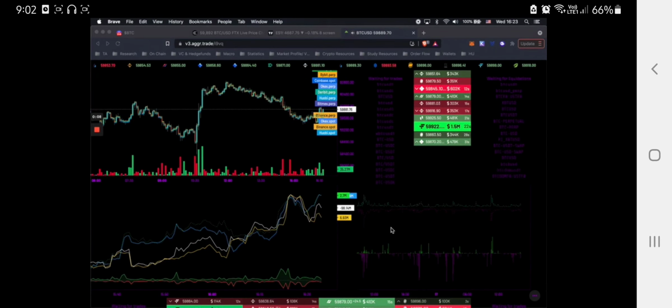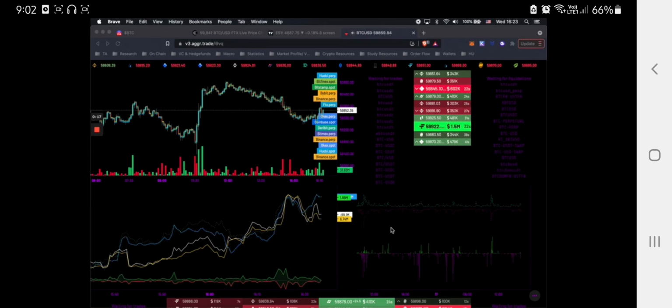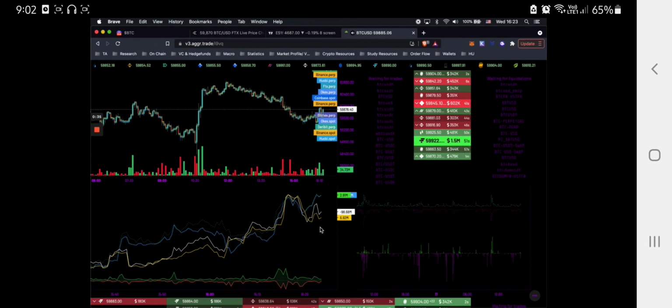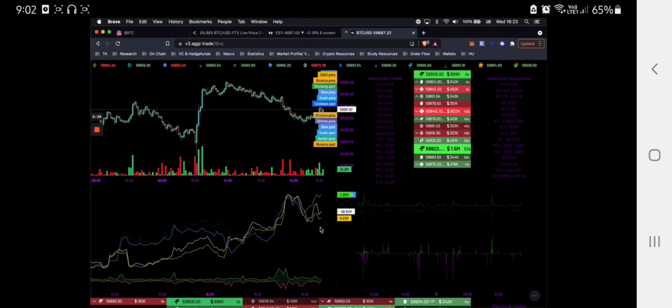This lesson is going to cover reading the tape and essentially being able to interpret live market orders and live order flow to understand how the markets are moving and where they might be moving next. Spotting aggression, spotting the difference between real buying and selling versus fake or manipulated buying and selling, or just outright,